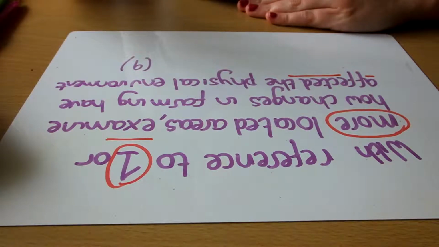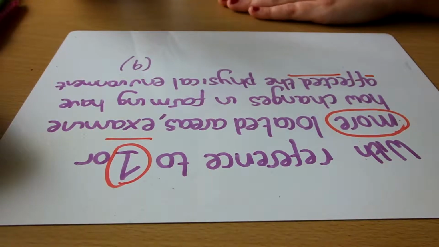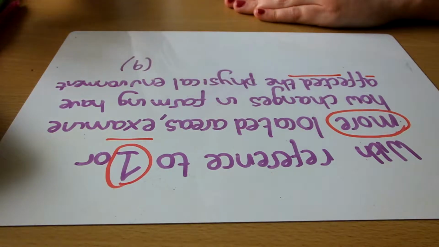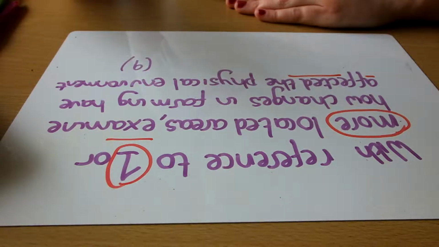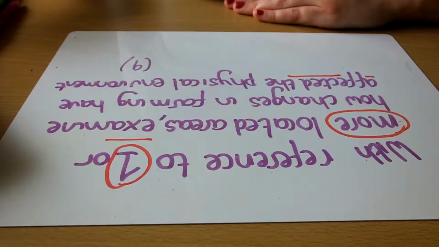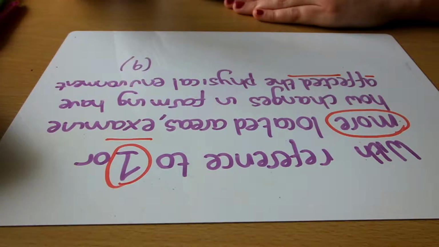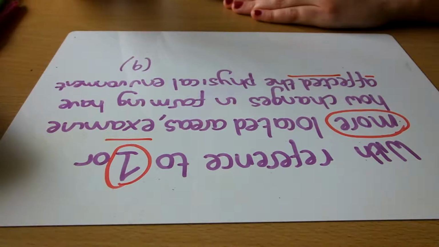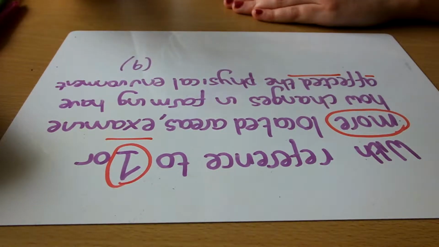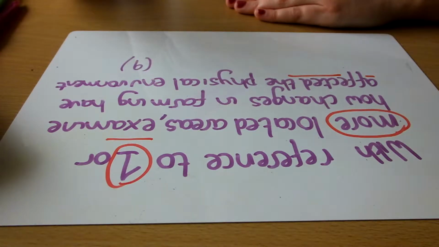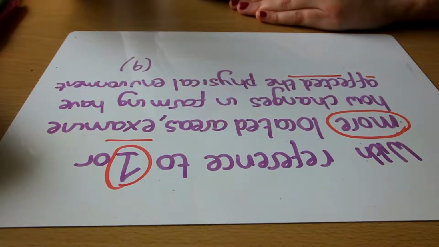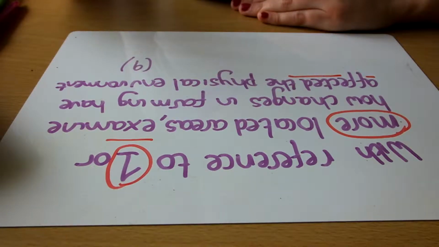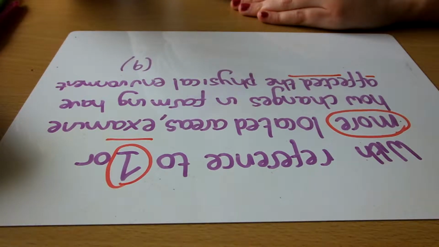To get 8 or 9 marks, they are looking for appropriate, well-documented examples. I know I've said to you before that you can use local case studies, however, on some of them it wants something that is well documented, so East Anglia would be a good example to use here. You must state the cause and effect, so what was the cause of the change in the physical environment and what effects it had. They're also looking for accurate grammar and spelling and appropriate geographical terminology. Look back through the work that we've done in class, look back through what keywords we have used. You need to be using those in your answers.